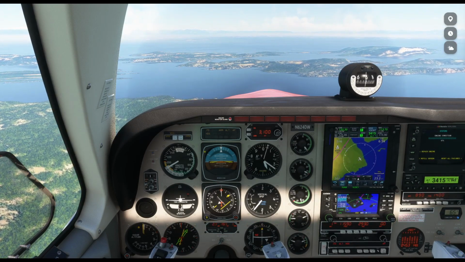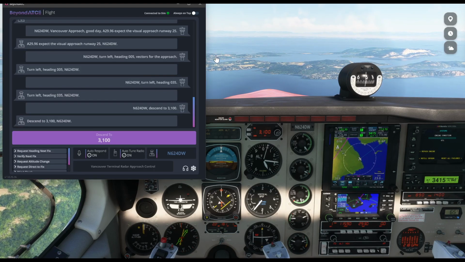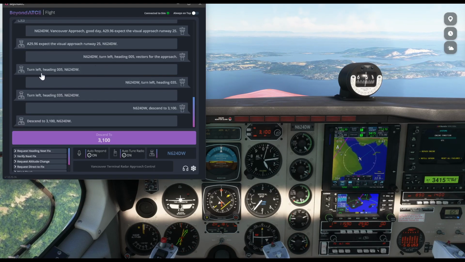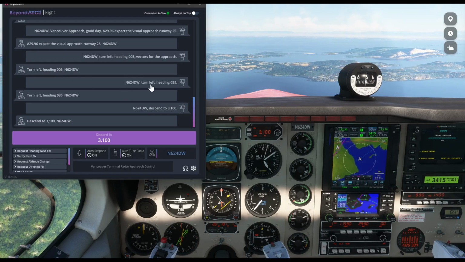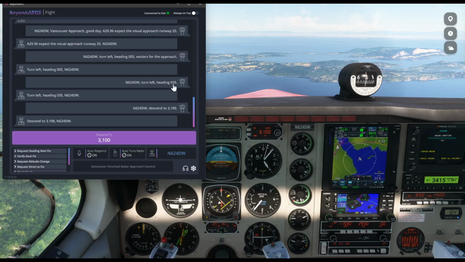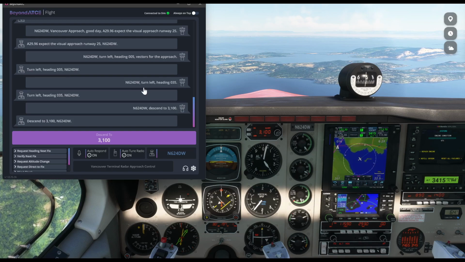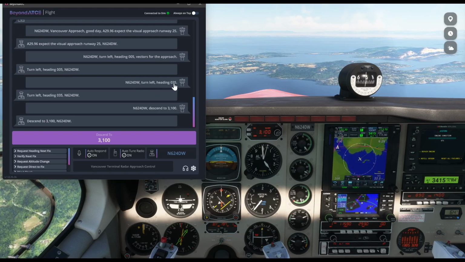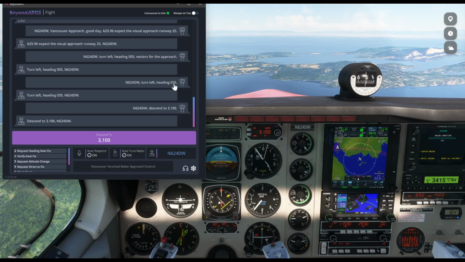Okay, that's a lot of instructions that took place there. I think that's a little bit confusing. Controller told me to turn left to 005, and then he said turn left to 035. So maybe 005 was a mistake, and he corrected himself to 035. Not sure. Anyway, we have followed the instructions,